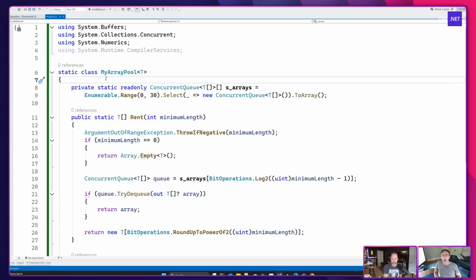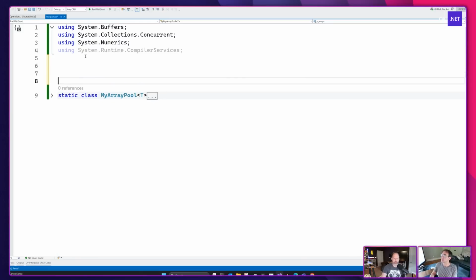If you weren't, well, now you have to understand how likely is it that you will be successful in getting a pooled array versus one being created for you. And so we're much more hesitant to use it in that latter situation. There are a variety of cases where this shows up, but